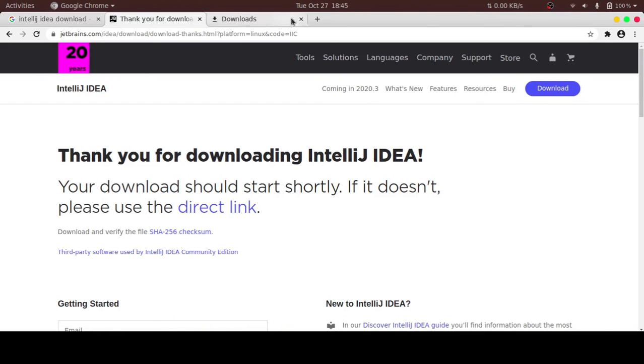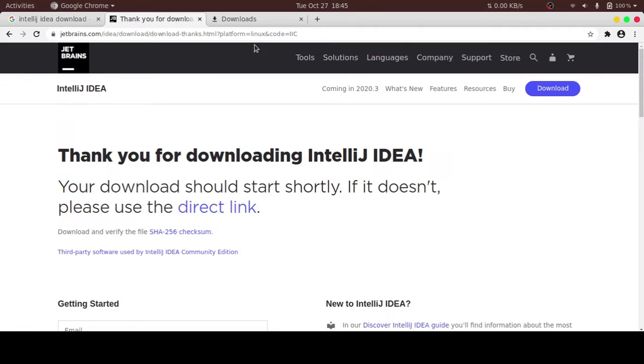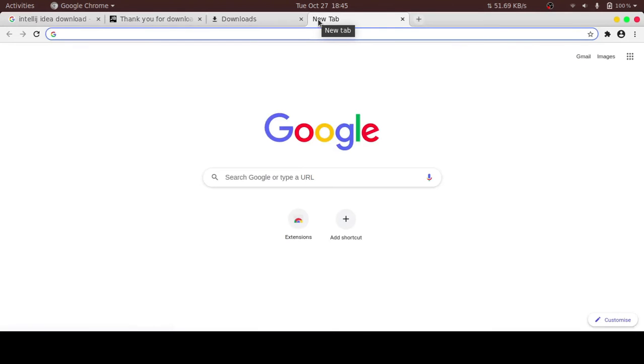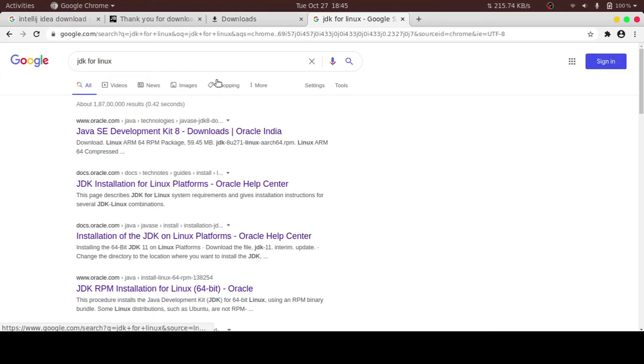And the second thing which you have to download, let me show you how. See here, this is what I have downloaded, and the second thing which I have downloaded is JDK. Now let me show how you can download this. You have to go to google.com and search for JDK for Linux. Since JDK 8 is a stable version, and the next stable version which has been released recently is JDK 14, I'll go with JDK 14.